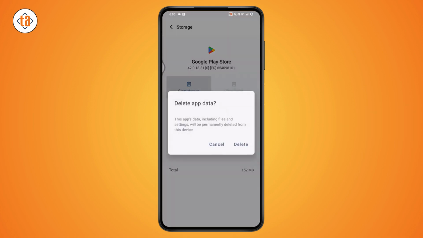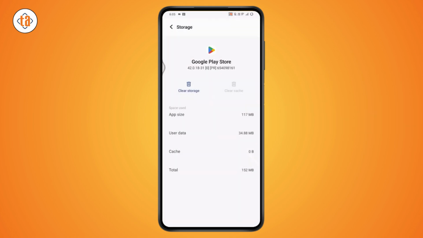You can also go for clear storage and delete all of the storage, but if you don't want to delete the permanent files, then simply tap on cancel and just go for clear cache and your problem will be fixed. So that's how you can fix can't